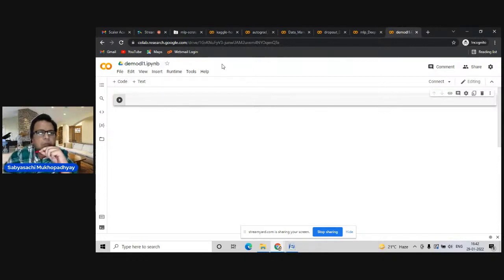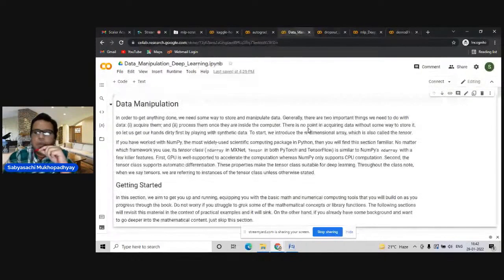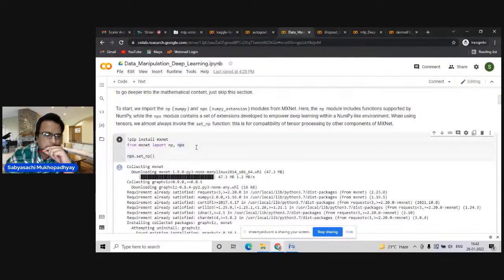Now I will show you that I will not tamper with the original notebook, because in this notebook I have written all the necessary theory, coding part, everything. So you will get ample guidance from there. I will just incorporate this coding portion in the notebook section. For example, here, you see,